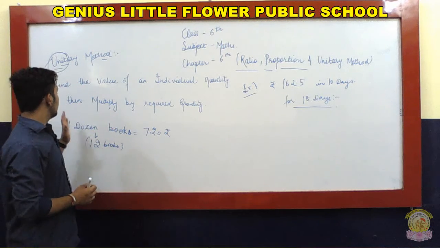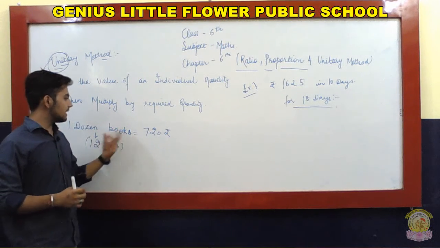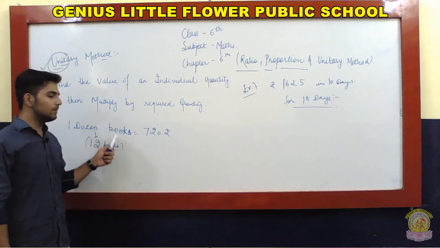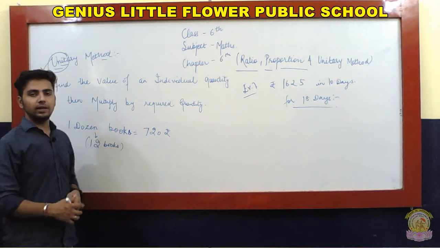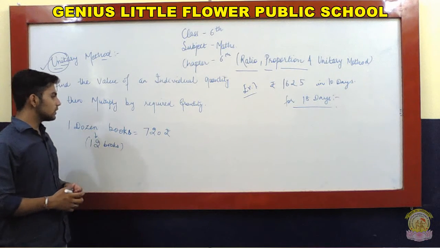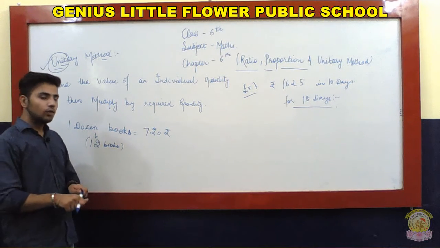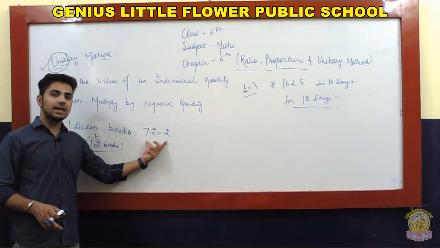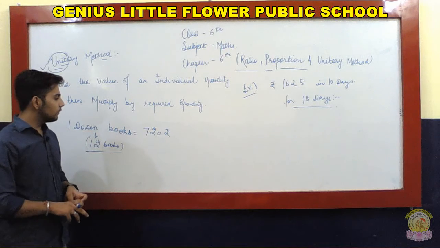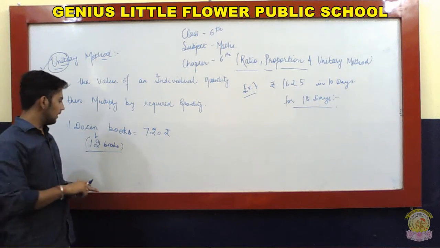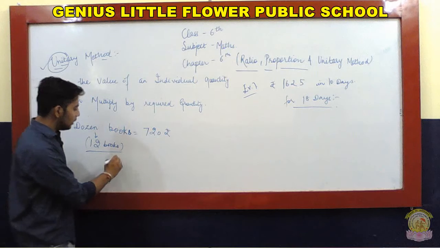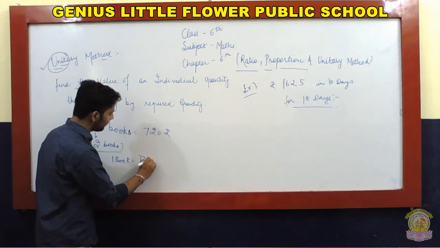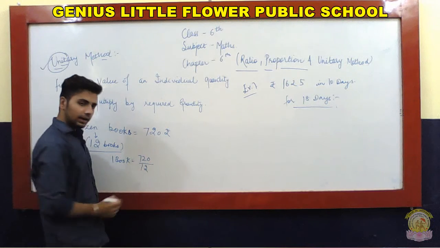अगर आपको बुक्स की वैल्यू दे रखी है, जैसे कि इसमें आपको एग्जांपल्स दिए हैं, आपकी बुक्स में भी मेंशन्ड है that you have given 1 dozen books which cost 720. 1 dozen बुक्स हैं उसकी कॉस्ट है 720. 1 डजन कंसिस्ट ऑफ 12 बुक्स. ओके, तो 12 बुक्स की वैल्यू जो है वो आपके पास में क्या है 720. एंड फॉर दैट यू हैव टू कैलकुलेट फर्स्ट वैल्यू ऑफ 1 बुक. सो वैल्यू ऑफ 1 बुक इज इक्वल्स टू 720 बाय 12, राइट?